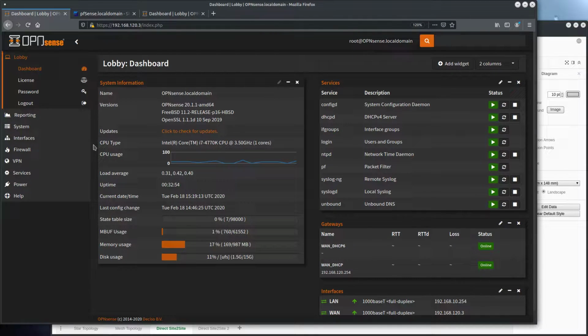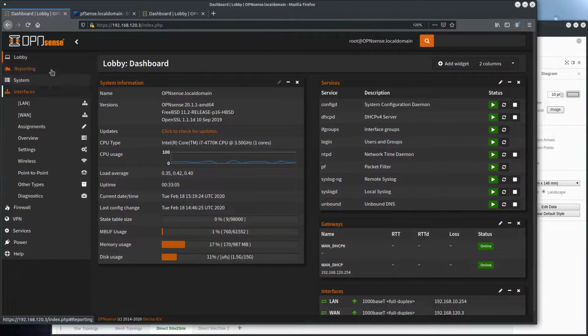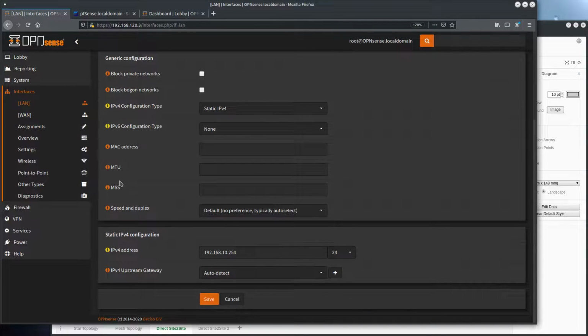Before you even begin the VPN configuration, you'll have to make sure that there are no overlapping internal networks on any of your firewalls. And I'll show you this on my example. Let's go to Interfaces, LAN, and scroll all the way down where we see the internal IP address range. In my case, it's